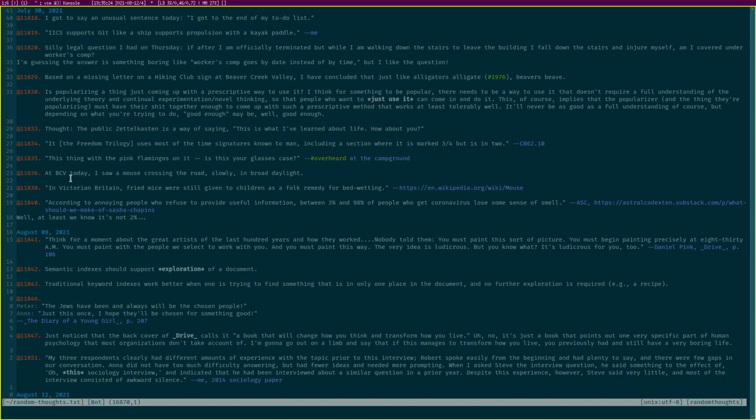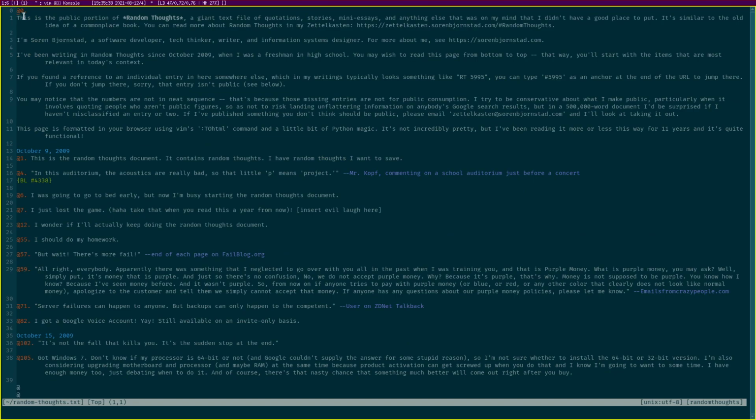This is just a custom text file format that is consistent across the file, and so it can be parsed by various tooling. We have an ID number here. These are sequential numbers running from 1, or actually 0, which you can see here is just the explanation of what random thoughts is for the public version. The first actual item starts with number 1,